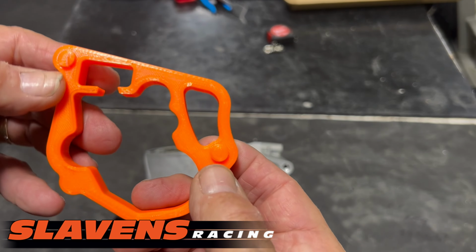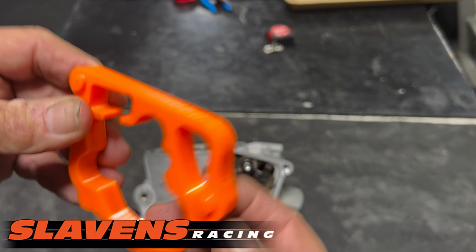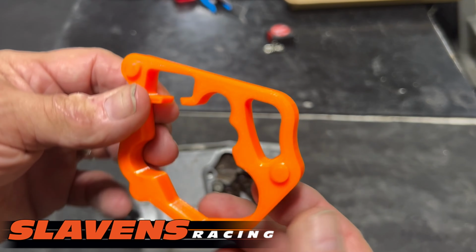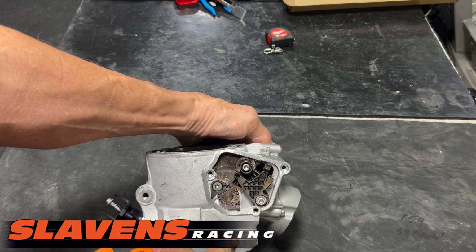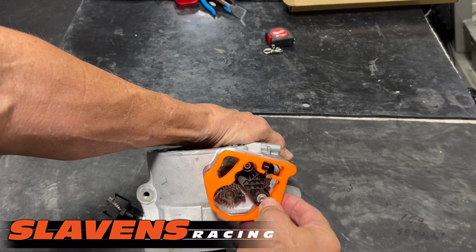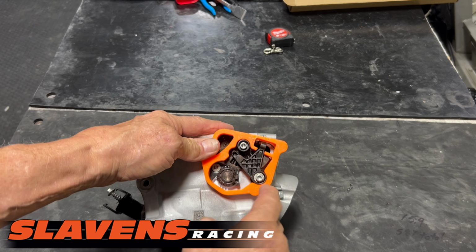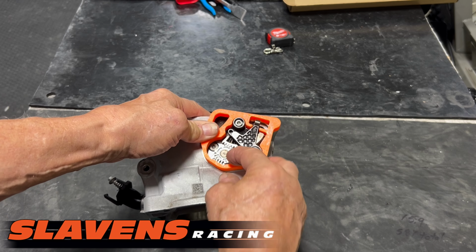It's got two little dowel pins on the back side of it that fit in these holes here, and you just line those two up with that. The grub screw is not in this one, but you set it on and get it all hooked up like that. You want to make sure that